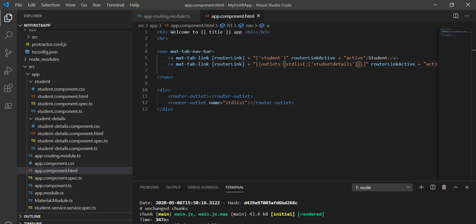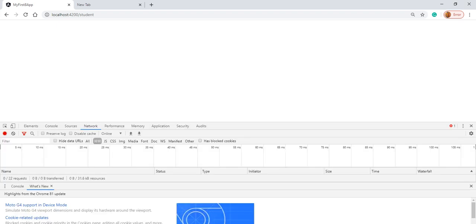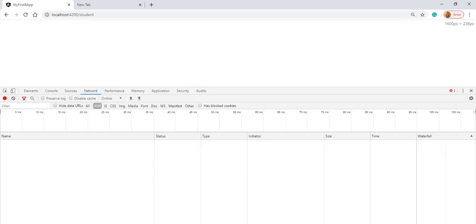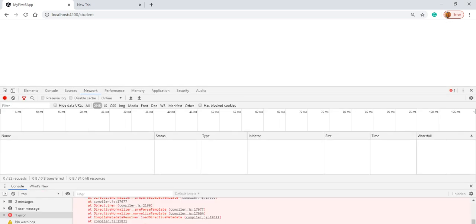So compilation is successful. Let's see on the browser. So it's not loading. What's the problem? Let's see. Do F12 or inspect element. You can see, close it, and it is showing one error. Let's click on this and see what the error is.